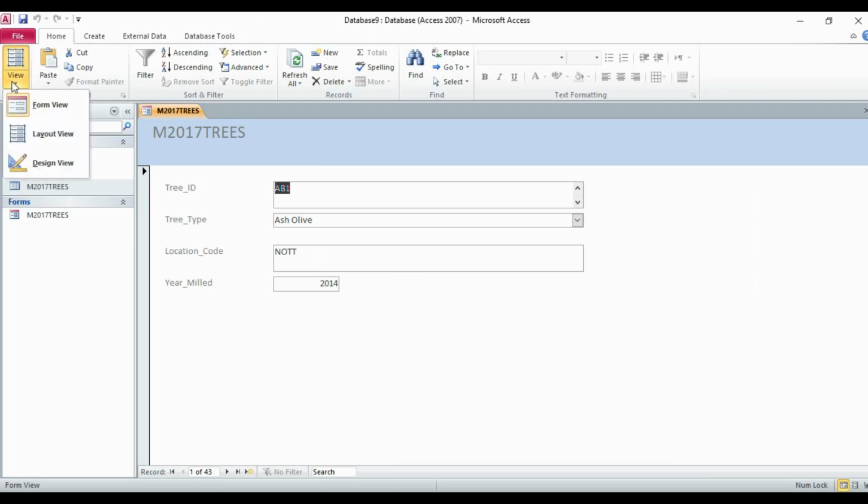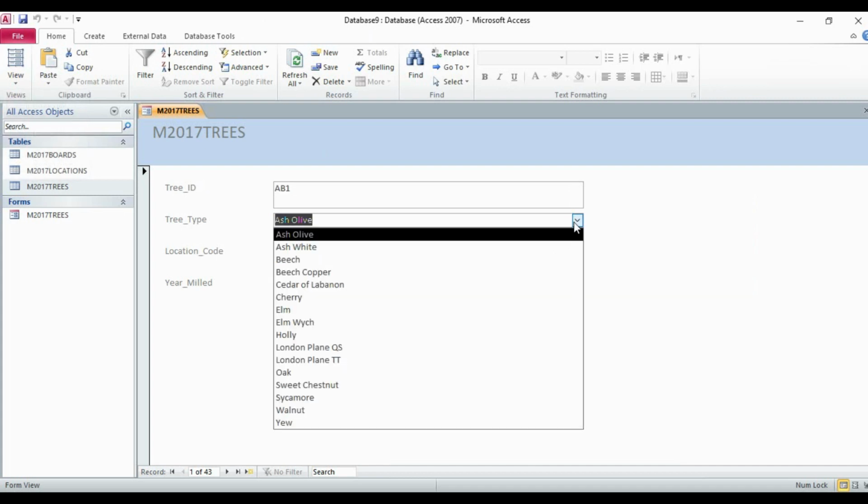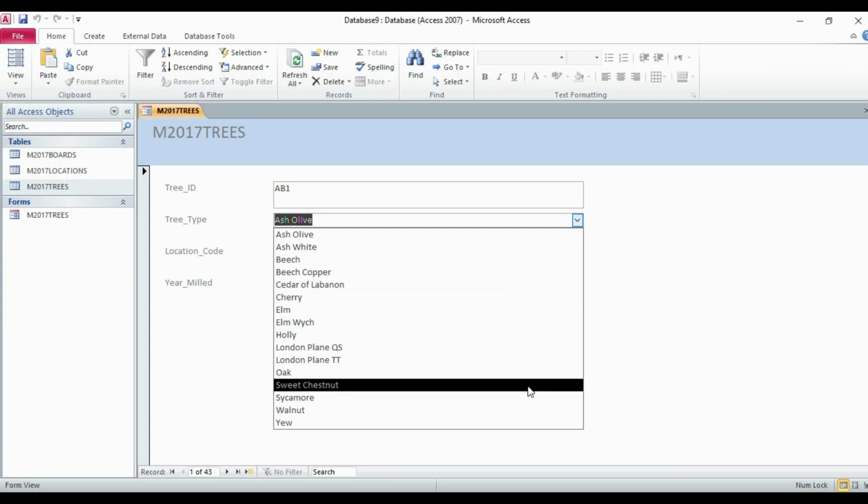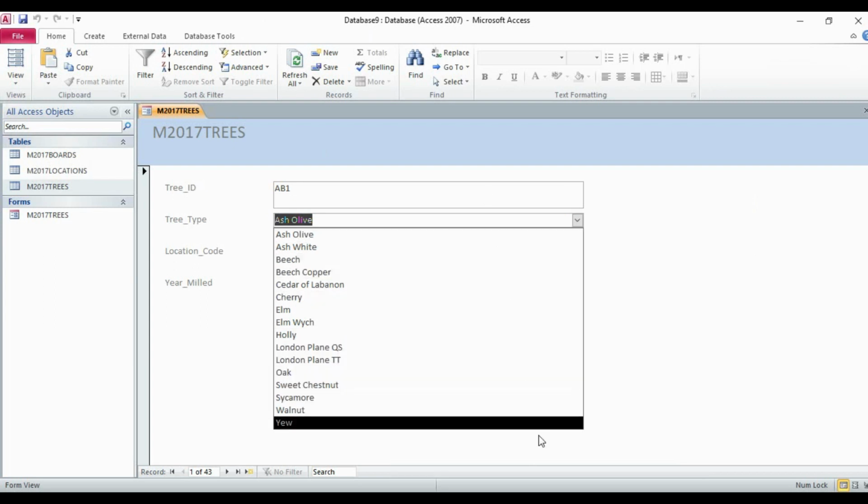Now if you see the form type, let's see. We have only these 16 types available here, which we wanted to create in the form of a combo box. So this is the way that we can create the drop down. We must not create this drop down in this task, because we have not been asked to do this. It was just to tell you how to create a combo box.